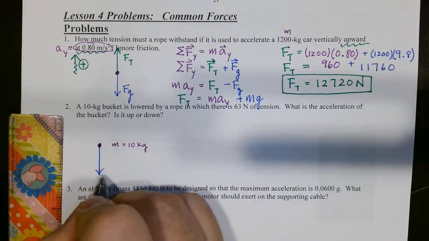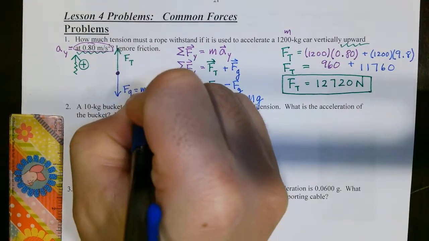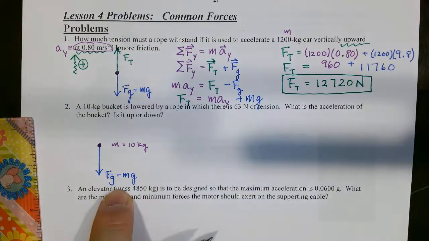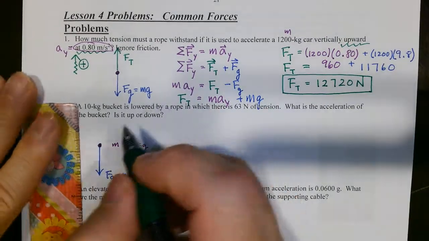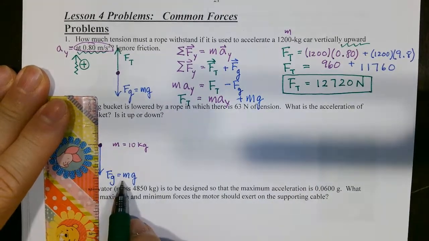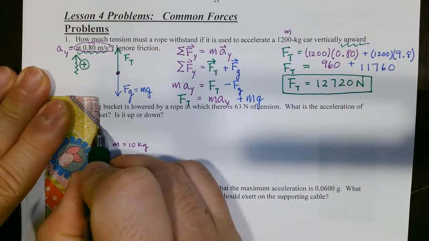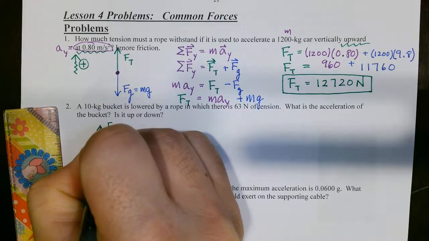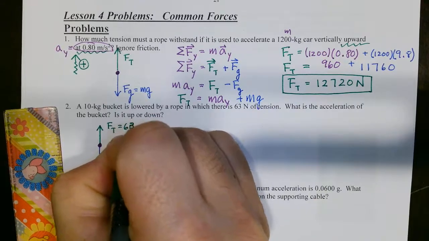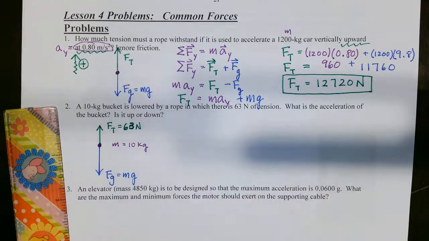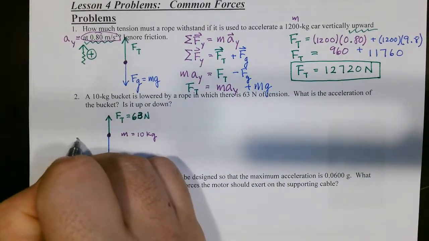Now Fg, you know it is mg, m times g, right? You could also write that up there if you want to. And tension is up. So if you think about it, Fg happens to be 98 newtons, right? But tension is only 63 newtons, pointing up. So F tension is equal to 63 newtons. Okay? Now, the direction of motion happens to be the downward direction,